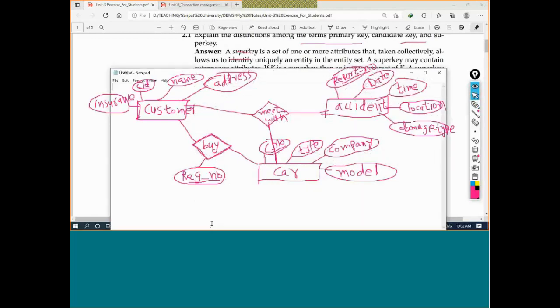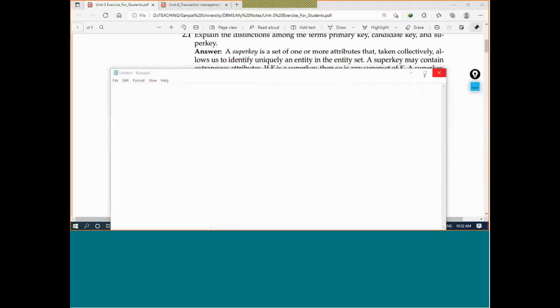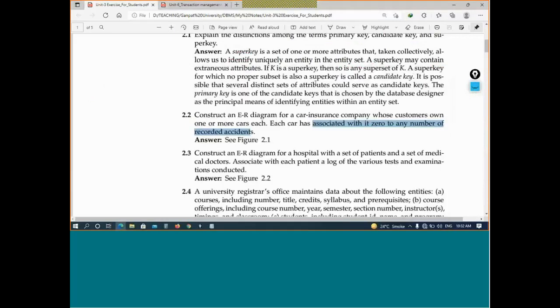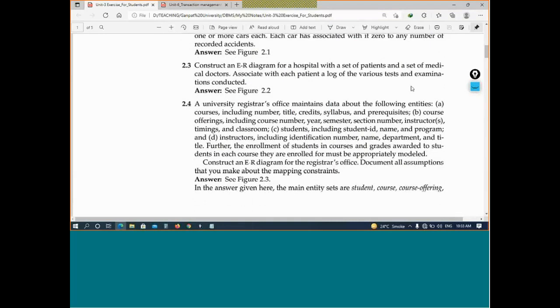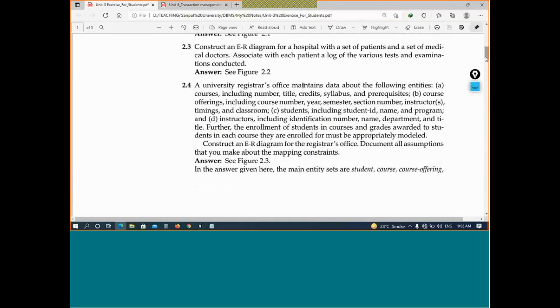It is perfectly correct, right? Okay, if it is different from whatever was exactly 100% correct, it's okay. थोड़ा अलग है, we accepted है, उससे चलेगा, but all the constraints should be met with them, right? Okay. Now, second, we will quickly see how to construct the ER diagram for a hospital with a set of patients.